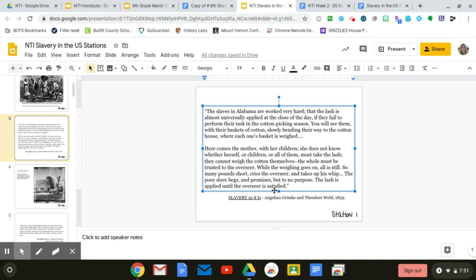So I'm going to look at this second source. This is Angelina Grimke and Theodore Weld. You had an Ed puzzle that you watched last week about her, and some of you chose to research her. This is from the book that she's famous for called Slavery as It Is. And in here, I'm going to read this source. So it says,